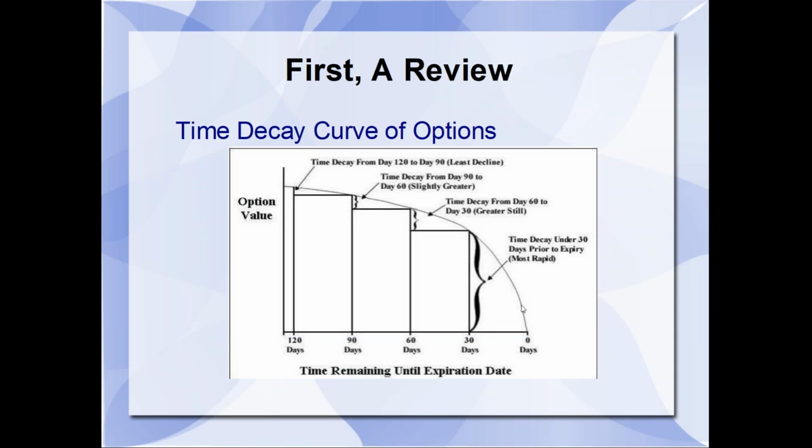Whenever you're selling, you want to be selling 14, 20, 30 days out in time because you want the rapid time decay of the premium in your favor. When I'm buying for protection or for a leap, as Sam mentioned, I want to be out in this time frame. 160 days, 180 days, 200 days, 6 months or more, perhaps, depending on my outlook for the stock and how I want to stand. If I'm buying a married put, if I'm doing a calendar spread, I'm usually at least 5 months, 4 months out in time, 120 days or more.